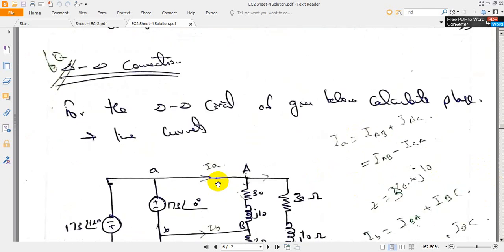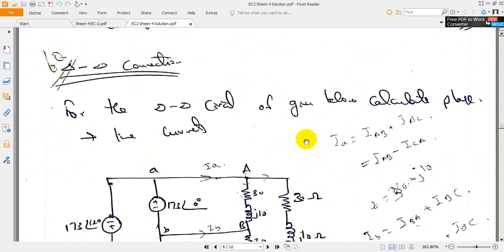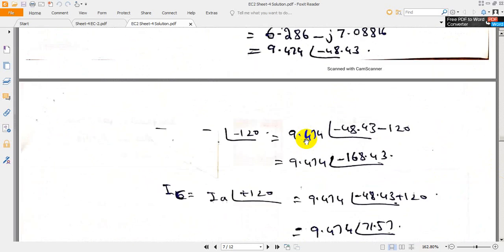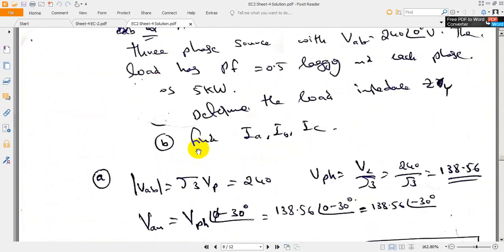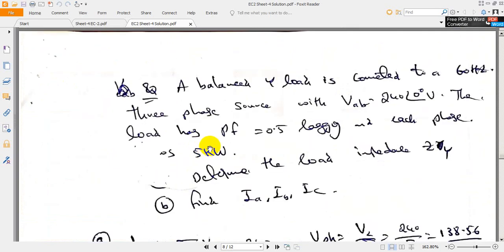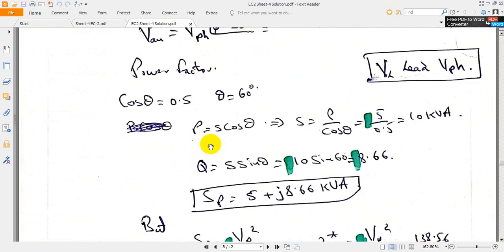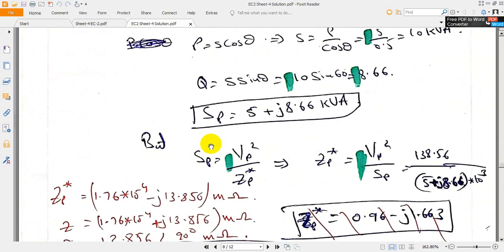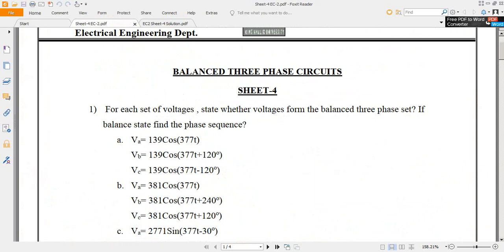With this we have finished the star delta circuit form. In the next session we will see problems related to the delta circuit, and also try to identify the delta Y form, and solve problems related to the evaluation of the load impedance and the line currents, along with unbalanced situations. With this we conclude this session. In the next session we will see some more applications of three-phase circuits.